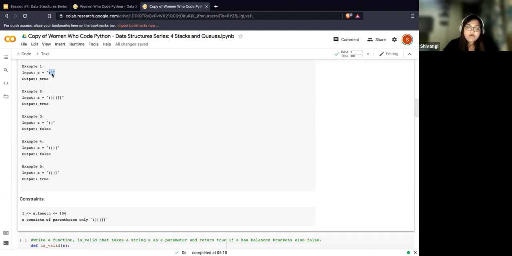So in the first case, if I go with the approach of just counting the number of brackets and of which type they are, there's one opening and closing bracket of the same type, right? So I probably return a true. And even here, the count is the same, right? You have opening and closing brackets for round, squares, and curly flower brackets, right? And I'll again return a true.